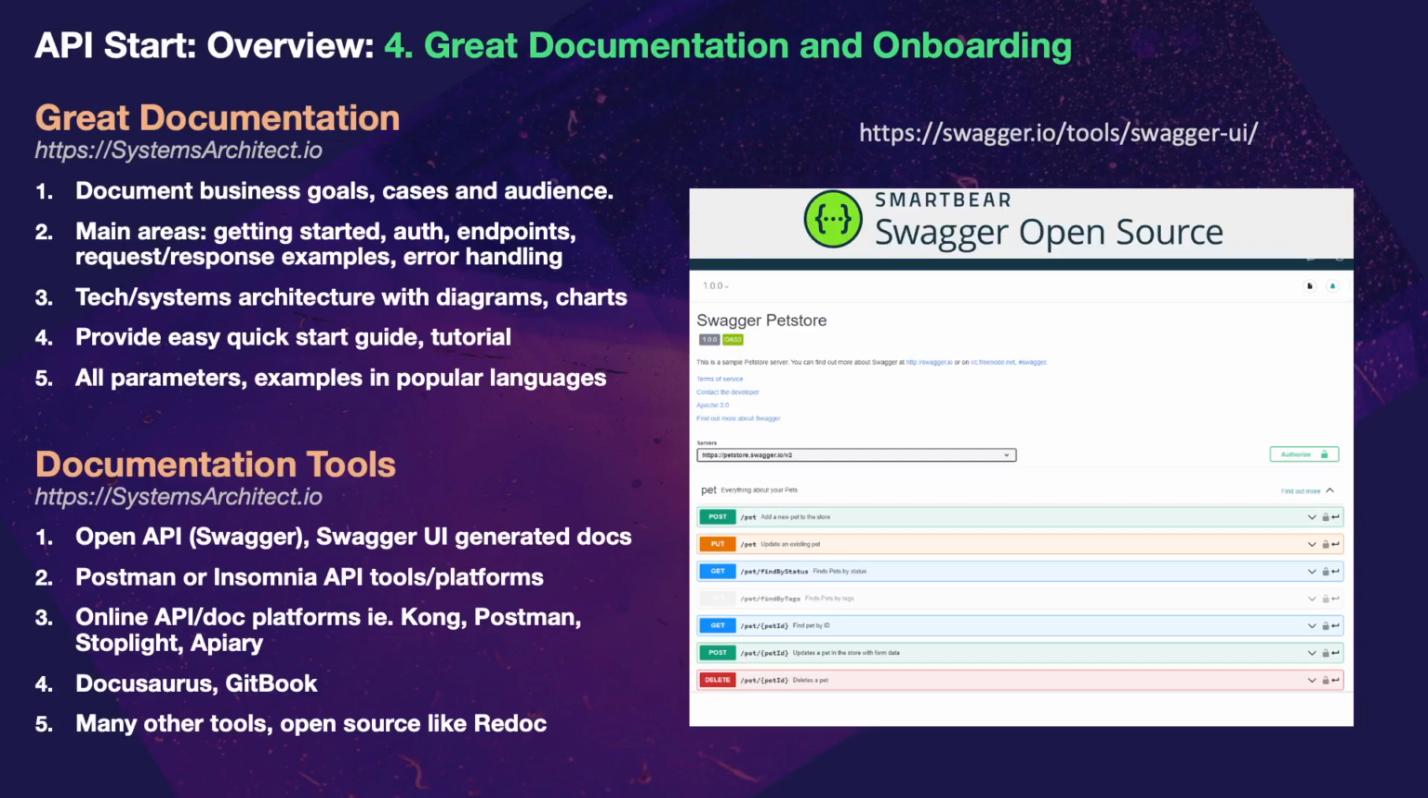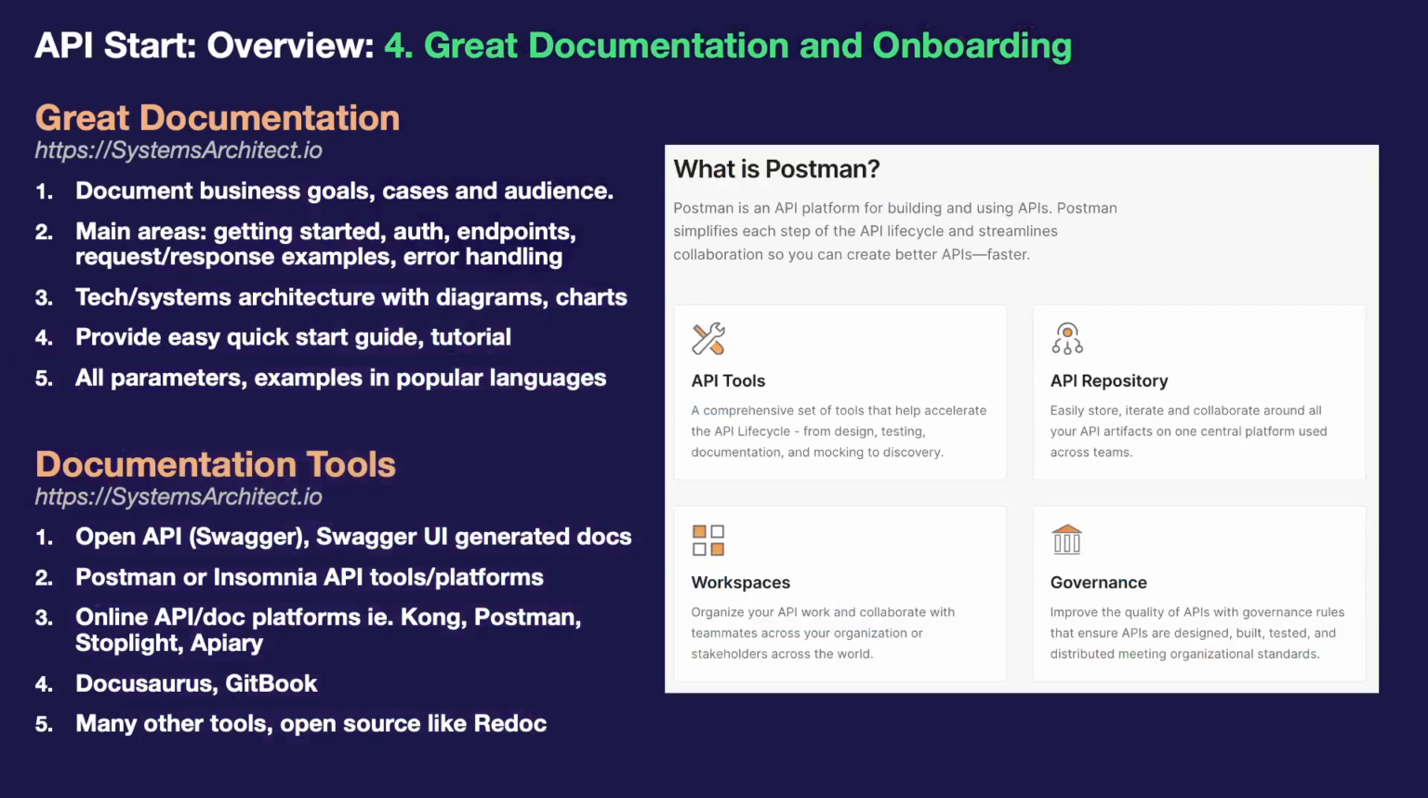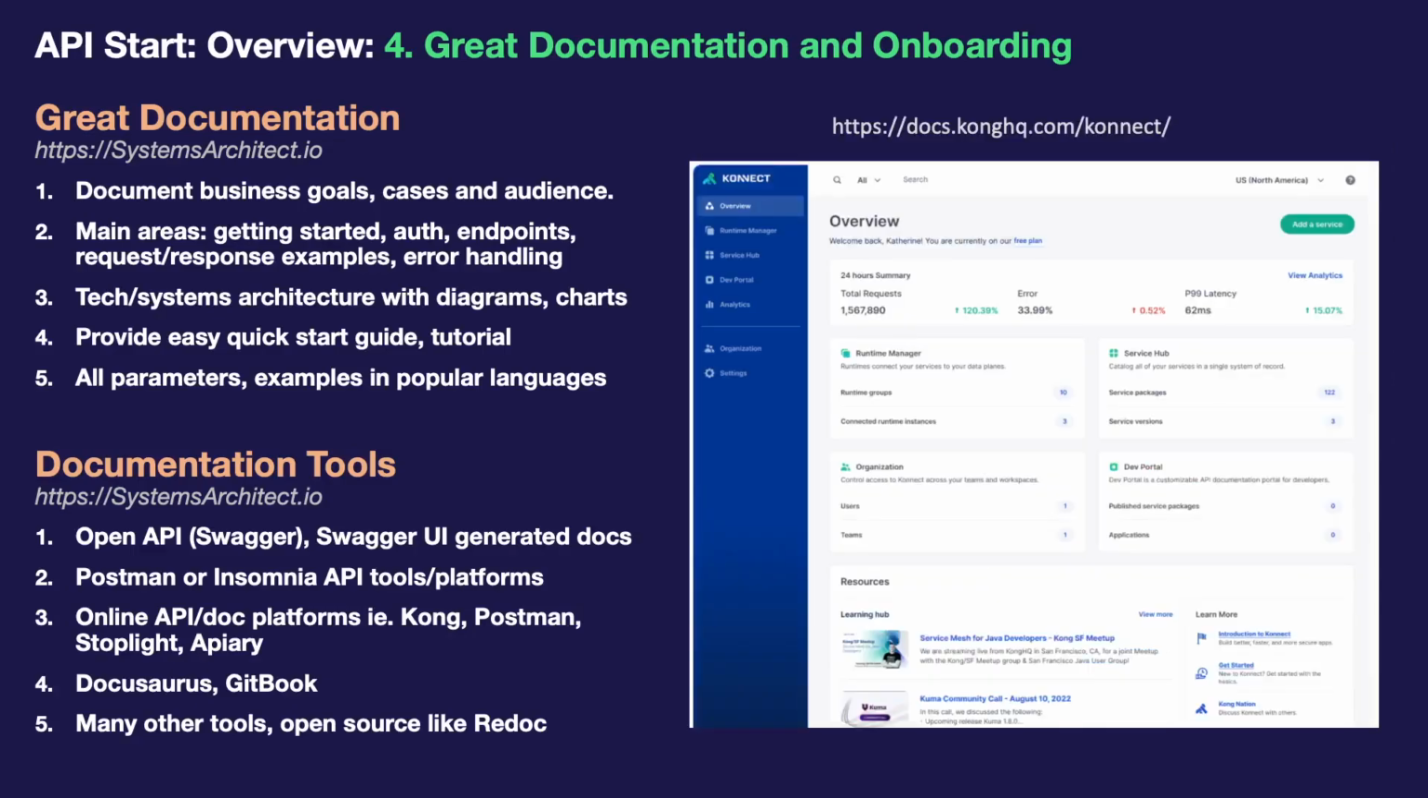Postman and Insomnia are API tools and platforms that are used by many developers that are very popular for testing APIs, calling APIs to find out what the response is going to be, what the format and shape of the data received is going to be. Then we have